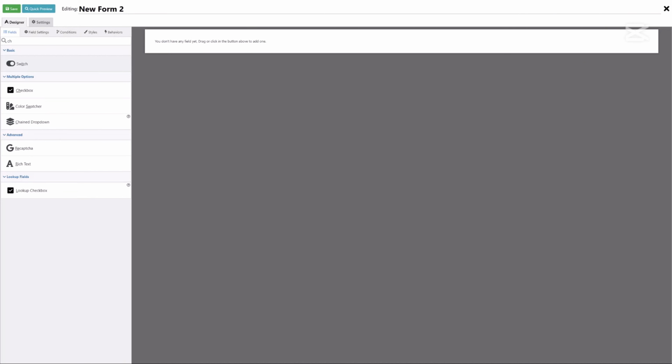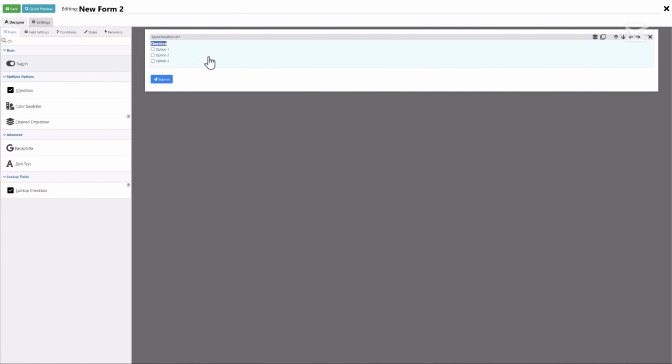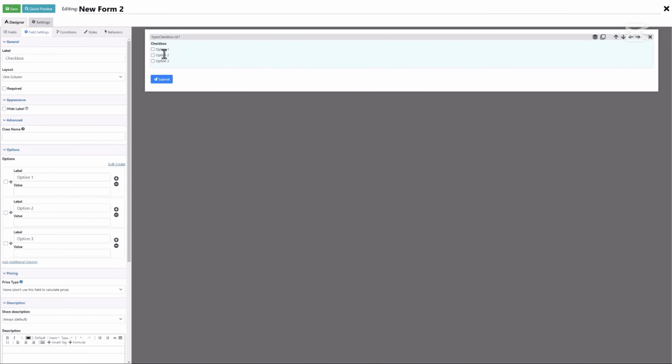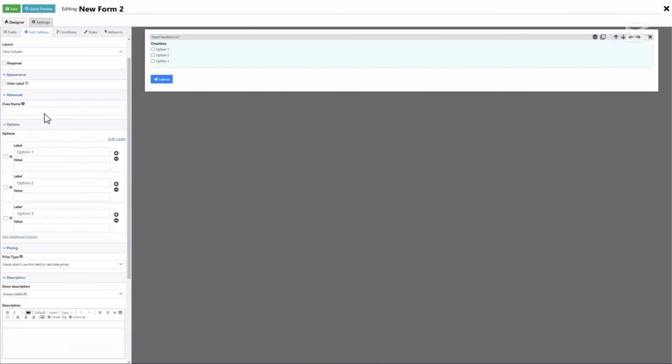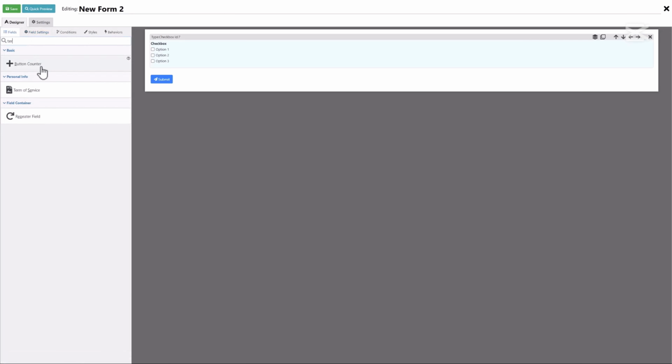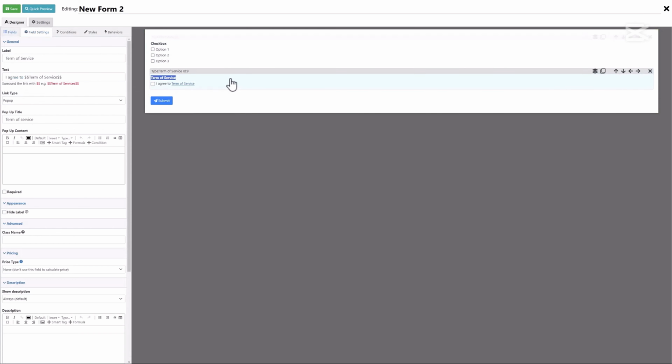To do something like that, first I need to add a checkbox field. In this field, I'm going to put all my services. I'm going to leave it like this for now, and then I need to add a term of service. In this term of service, I can put fixed text. This text is going to be shown always, doesn't matter what you select in the checkbox,